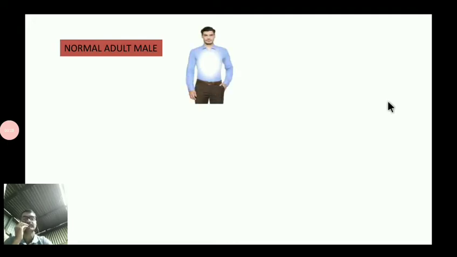We know that the major portion of the human body is composed of water. Generally, if we take an adult male, we will find that 60% of total body weight is formed of water. That means a man weighing 100 kg has 60 liters of water. And if a man weighs 70 kg, then it is easy to find out that he has 42 liters of water present in his body.